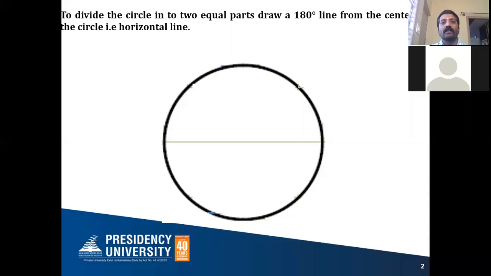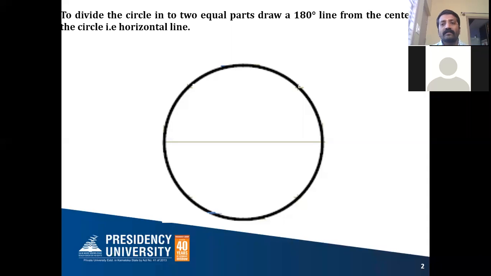Once again I'll repeat it, a circular lamina doesn't have either a corner or an edge. So it may rest on HP or VP on any one of the points on the circumference of the circle. So first we will discuss, after drawing a circle, how to divide the circle into our required number of points. The circle put together, if we consider, it is having 360 degree, correct?